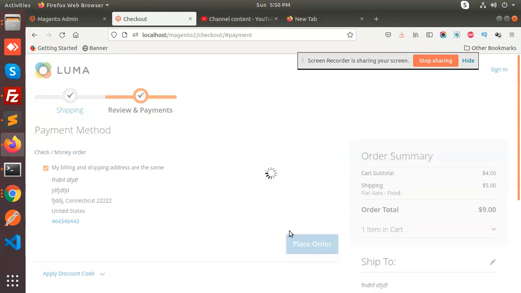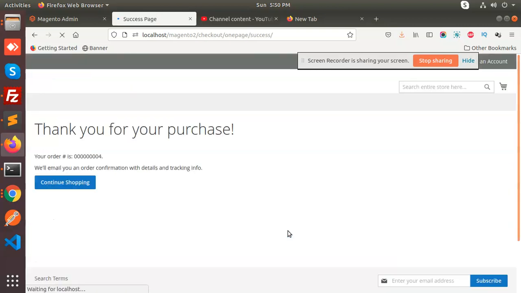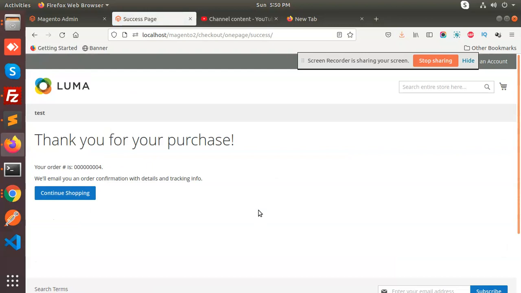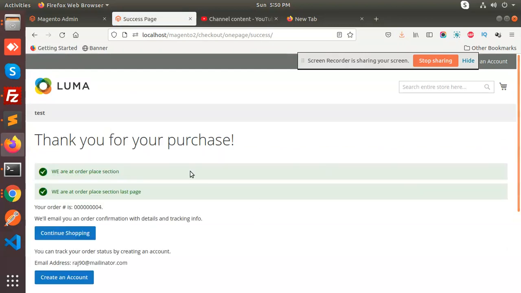So I'm doing the place order. The order, yeah, see, we are at the order place section. We are at the order place section last stage. So these messages come. That means both our observers are hitting.